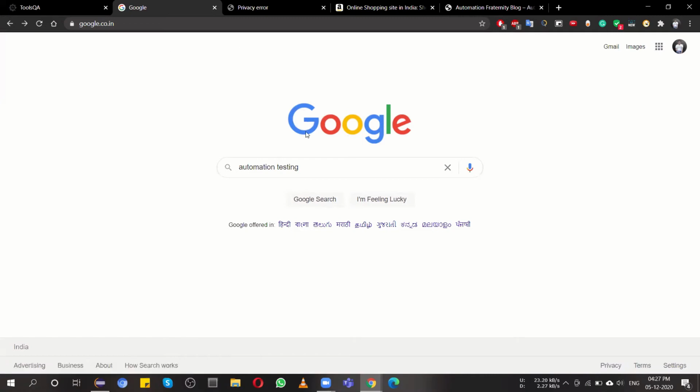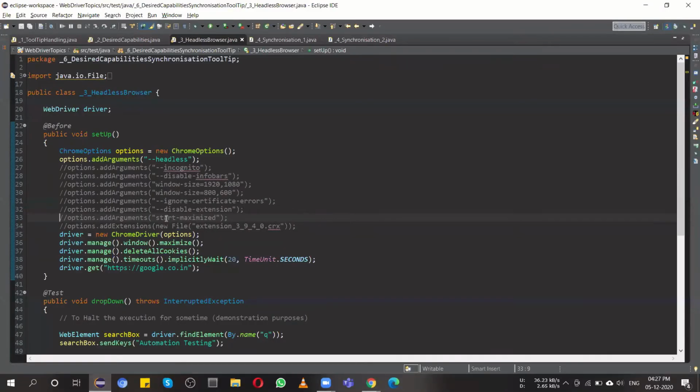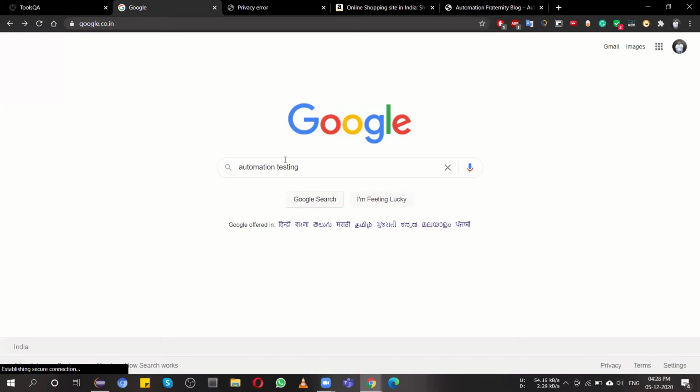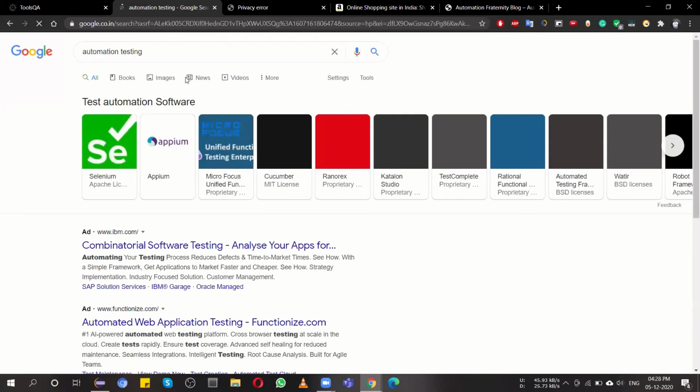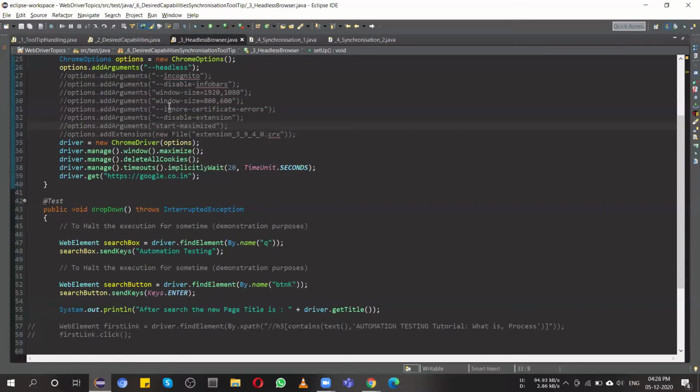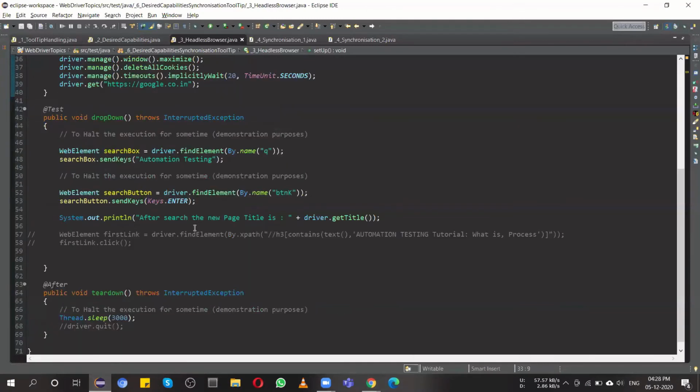Just all the text boxes behind whatever is available inside the HTML got loaded, and we simply get all the web elements with all locator strategies, type the text, go to the next page, and fetch the title. So those images will also not be loaded in the background. And yeah, this is pretty much it for Chrome options.